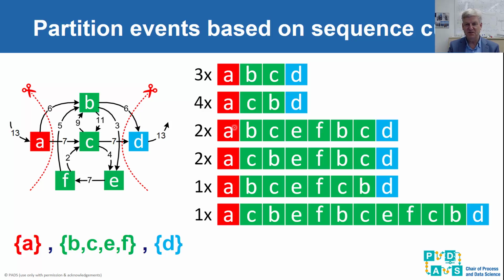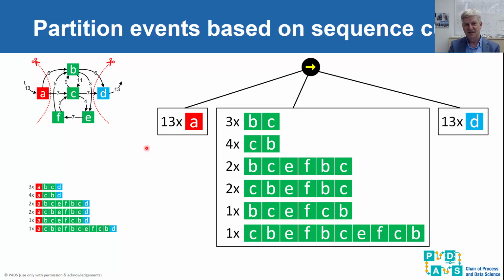And in the sequence example, this is completely trivial. All of our 13 cases are starting with an A. So if we look at this log focusing on just A, all the different instances just have an A. The same at the end with the D, so that's what we can end here. And in the middle we have this green part that is remaining. And because we have a sequence cut, the behavior is that we first execute this process, then this process, followed